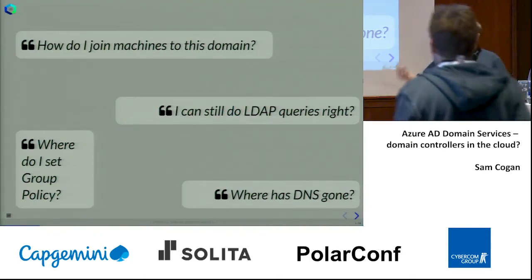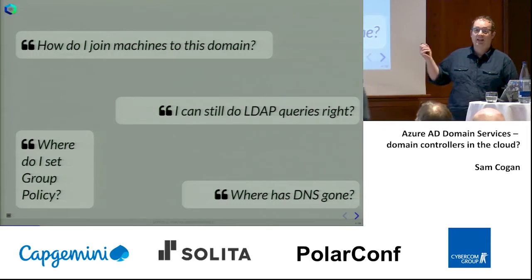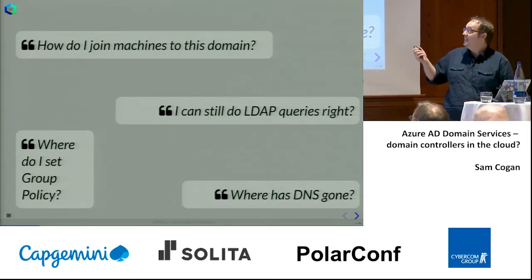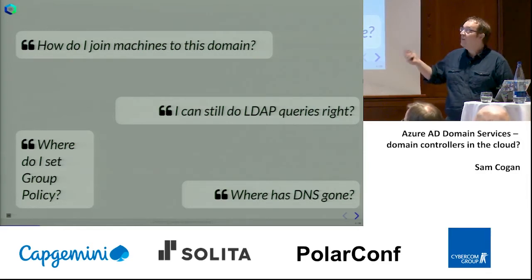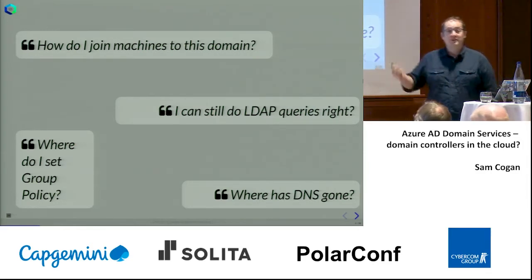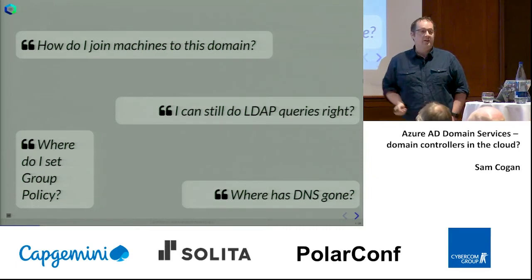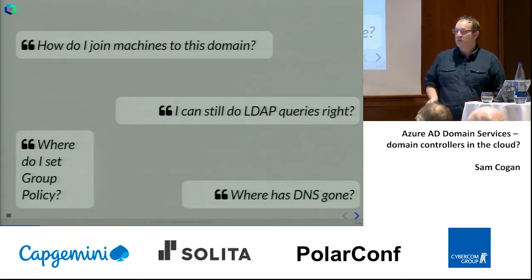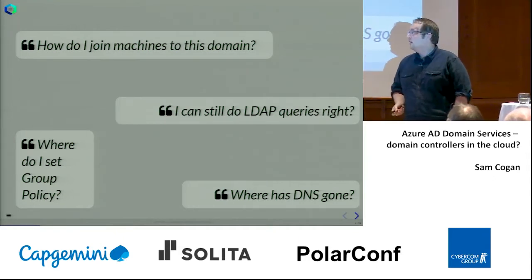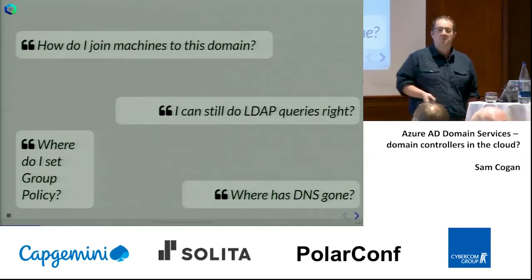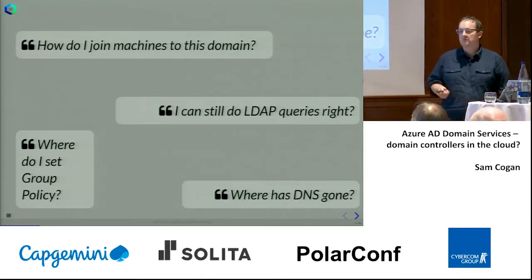Now, hands up, when you first encountered AD or AAD, did you ask questions like this? Because I know I certainly did. The first one, the top left there: how do I join machines to this domain? I certainly asked that question, and lots of people I've spoken to also asked the question. Well, it's Active Directory, so I can just join machines, right? Nope. Well, I can do LDAP queries, can't I? No, you can't do that. Okay. What about group policies? Where do I do them? Nope, no group policy. All right. DNS? No. None of those things work